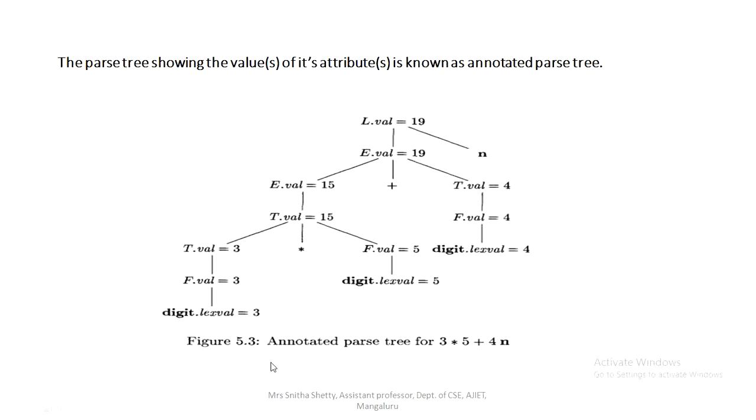So this is nothing but this graph along, see in top down and bottom up we are showing just the node, but here we are showing the value of the node. So this is known as not just a parse tree, this is known as an annotated parse tree, which shows the value. You can see here first it was 3, then the value is getting reduced, at the same time it is evaluating 3 into 5, 15, and here it was 4, so 15 plus 4 is 19, finally you are getting 19. So this is known as an annotated parse tree.